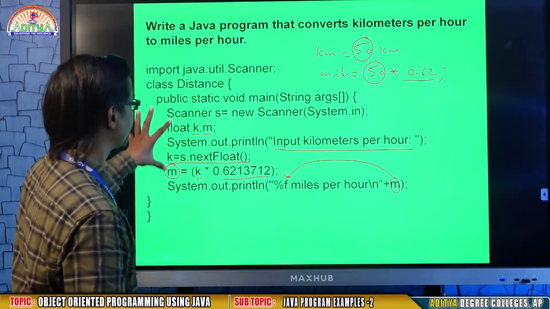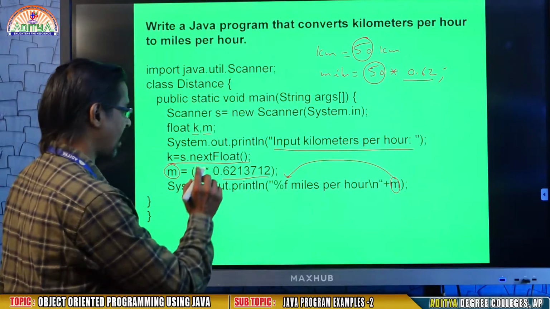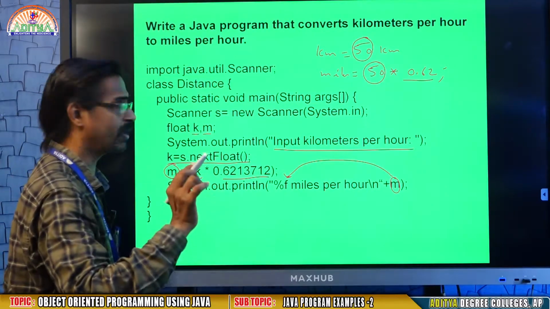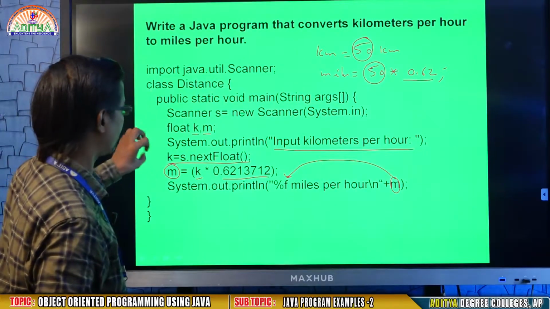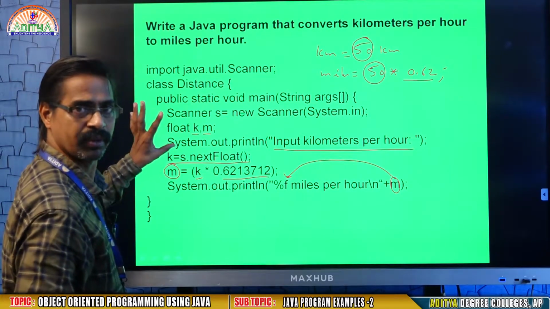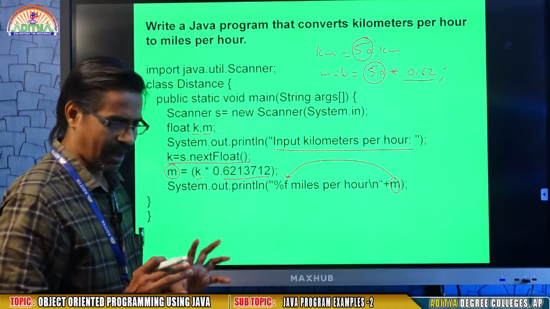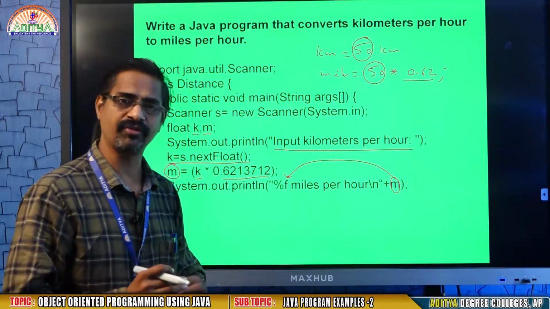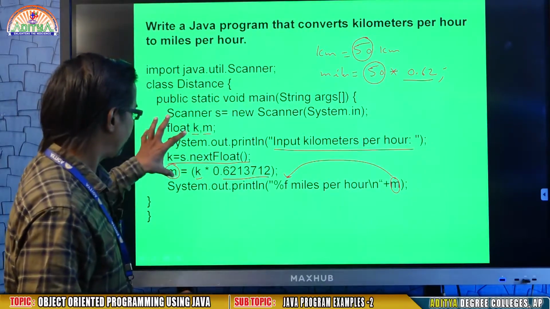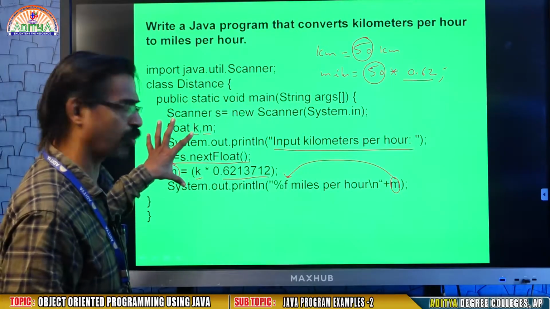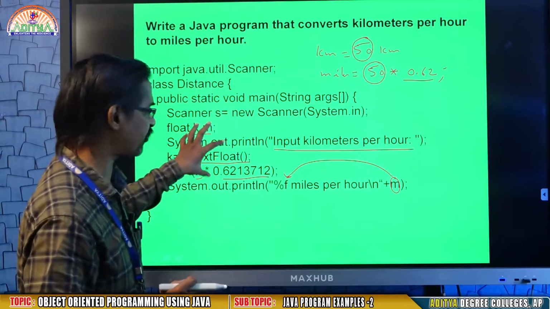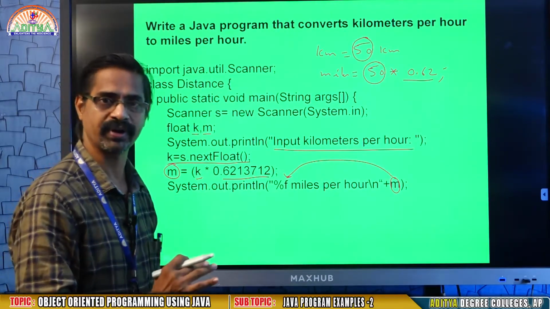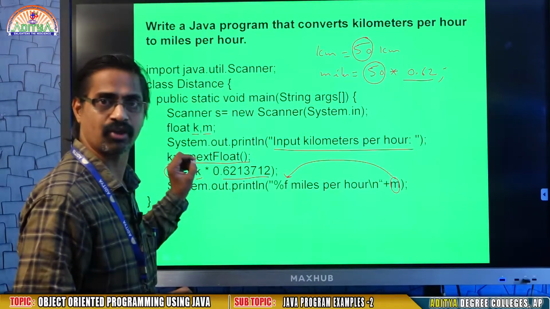Okay. So this is the concept where I am using the kilometers as float. That's why I used the method nextFloat. In Float, the F should be capital. Okay. So this is one of the programs. Observe the program. My instruction is to try to do more number of programs, that is well and very good. But when you are new to this, try to observe a program and different approaches, how you are going to develop the given problem. That is most important. So practice makes maths perfect.